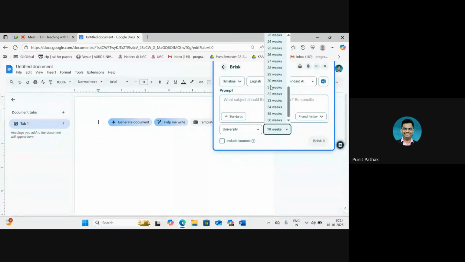It goes from 1 week all the way to 36 weeks. We'll go with the standard normal output of 16 weeks. And here, unlike Gemini, where we had to be very specific with regards to learning outcomes and the topics that we had to enter, we can be pretty detailed about the exact topics for which we want the syllabus to be created. So let's say, for example, that I am trying to create a syllabus on a course